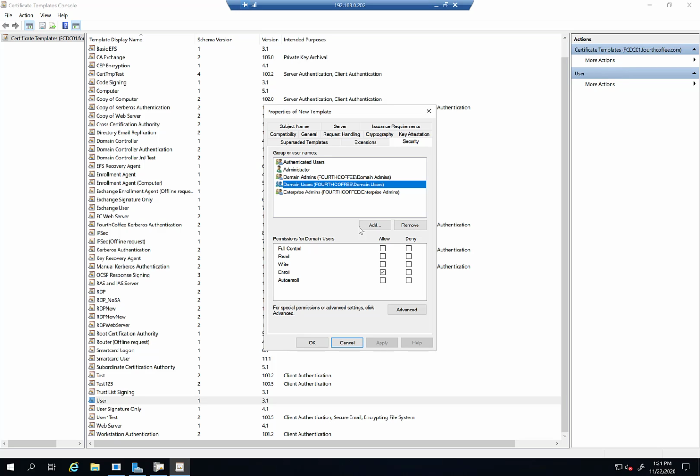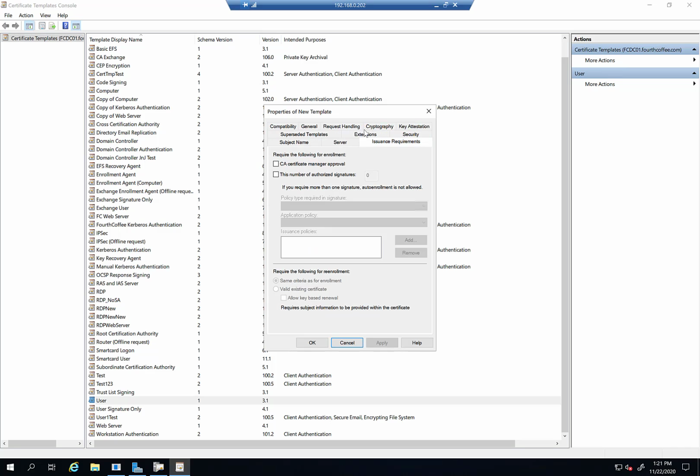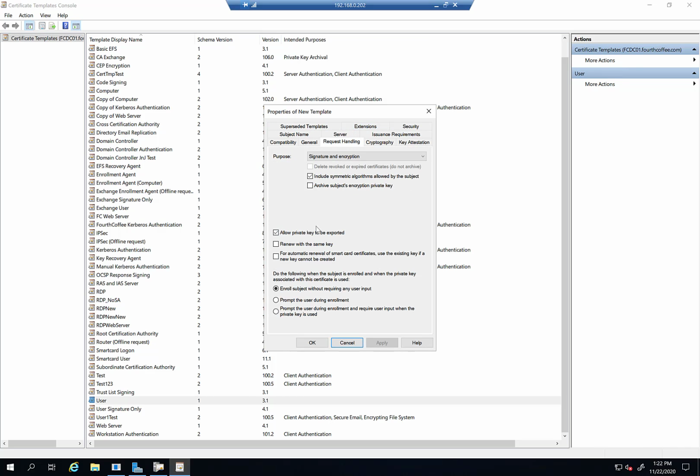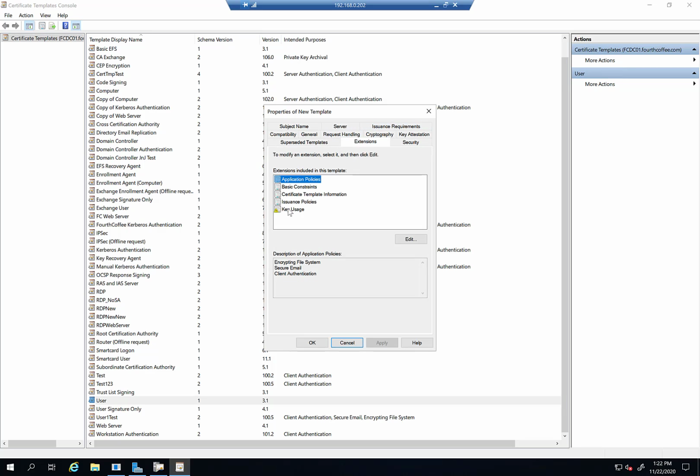So that's typically something you would change. On some templates, you might want to go to request handling and allow the private key to be exported if that's something you need to do. And that's usually the majority of the things you're going to do typically, like for a wireless template that we're doing here. There's one last thing you may want to take a look at,